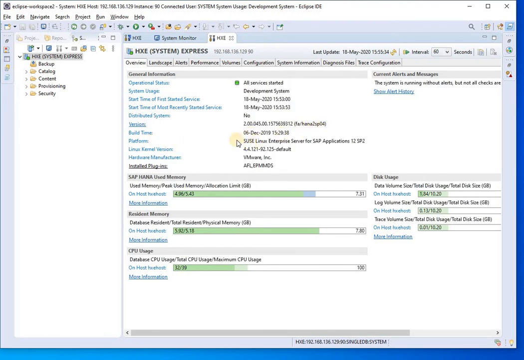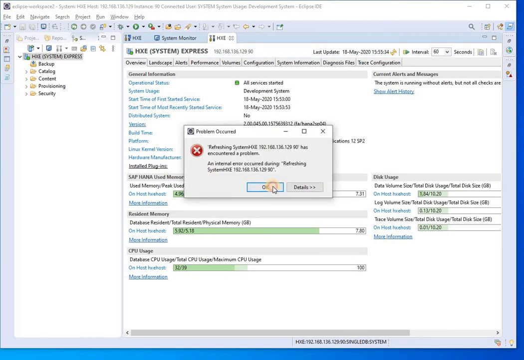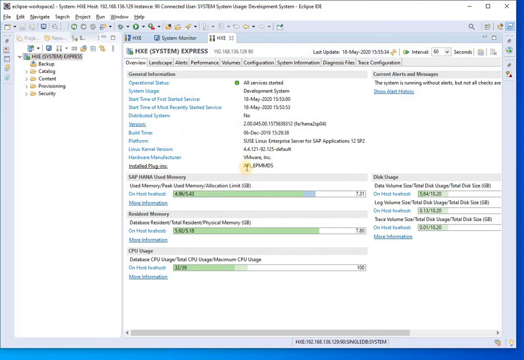The build time, the platform on which the SAP HANA is running, it is SUSE Linux Enterprise Server for SAP applications 12 SPS 2. The kernel 4.4. The hardware on which the SAP HANA is running is VMware. The installed plugins are AFL Application Function Library and EPM MDS.